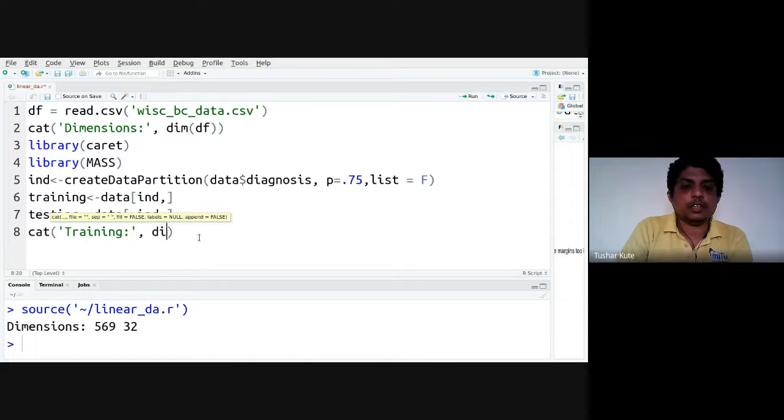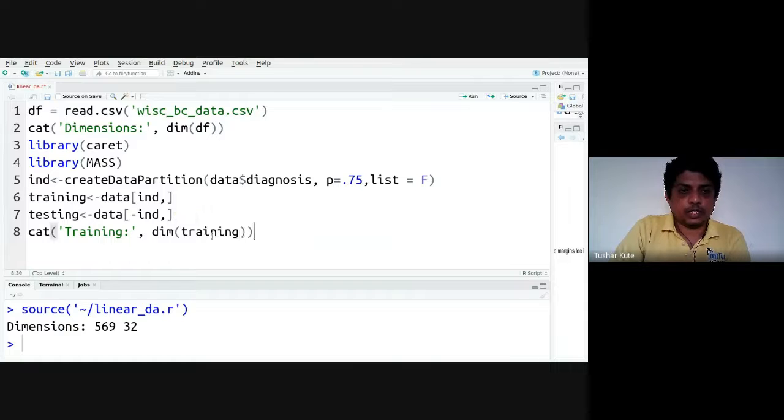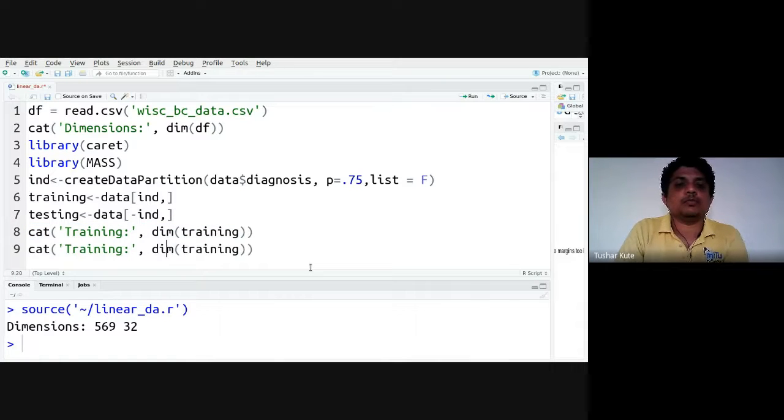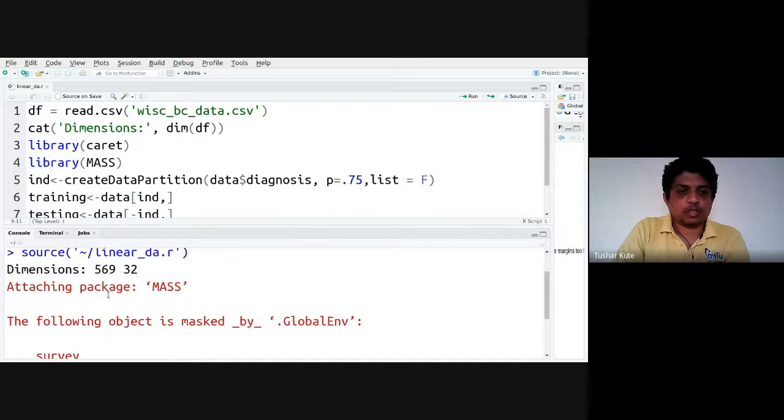You can see the dimension of training, and this is the dimension of testing also. Okay, what's the problem?